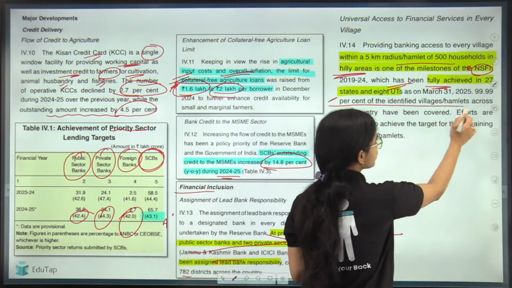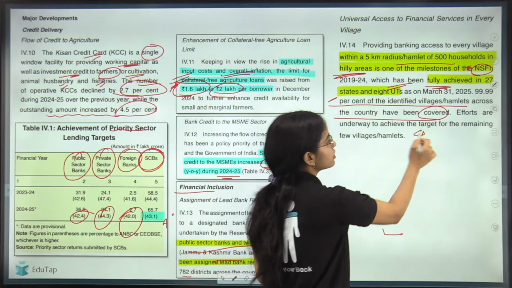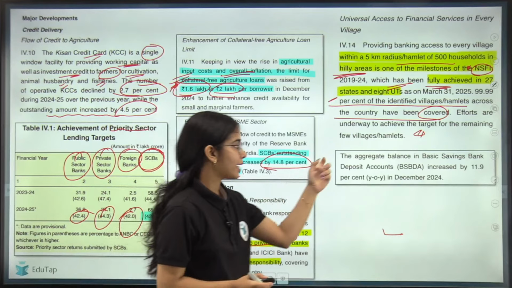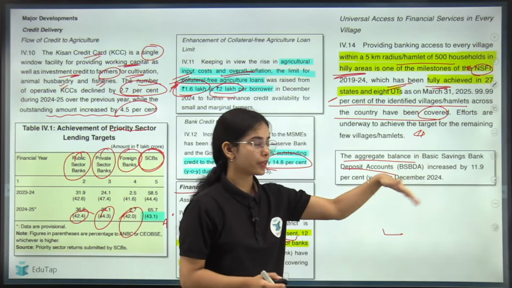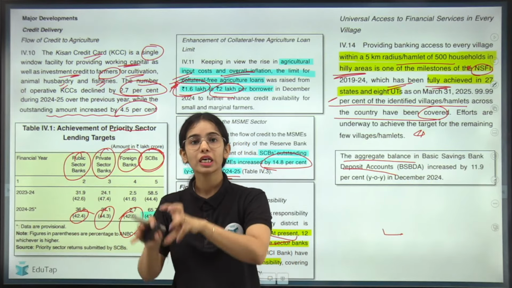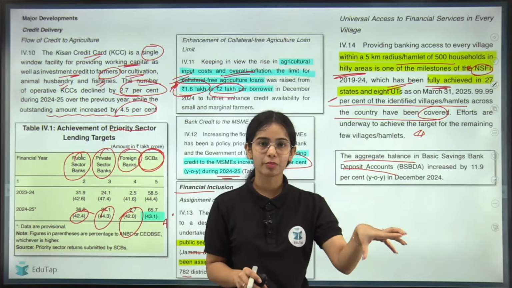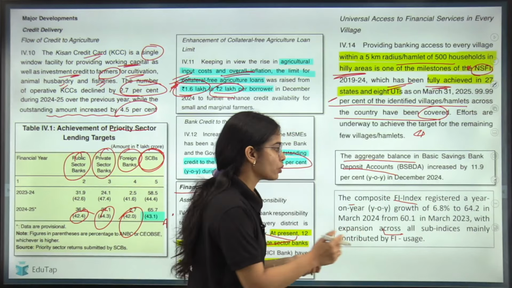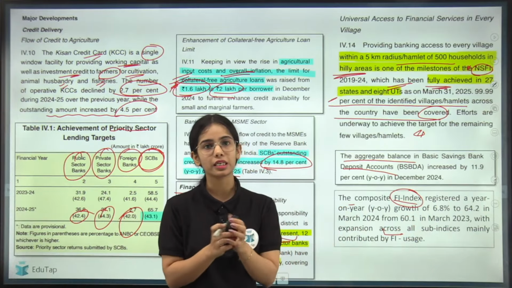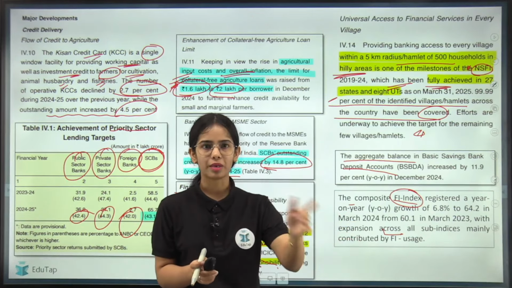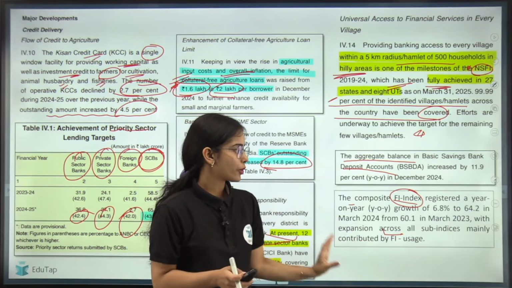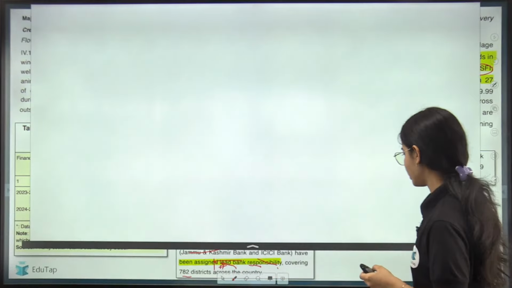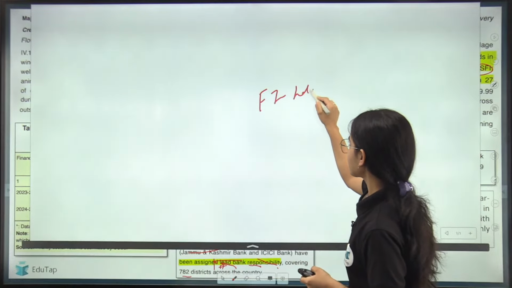99.99% of the identified villages or hamlets across the country have been covered, and the remaining are also going to be covered, but 99.99% have already been covered. Next, the aggregate balance in basic savings bank deposit accounts increased by 11.9%. That means the people are becoming more aware of their basic savings bank deposit and are using more of the banking services. Okay. The composite financial inclusion index. Now this financial inclusion index data is released once a year. It is going to be released in July because last year it was released in July. So this data point you can ignore for now because in July the next financial inclusion index will be released. But try to remember that the financial inclusion index is